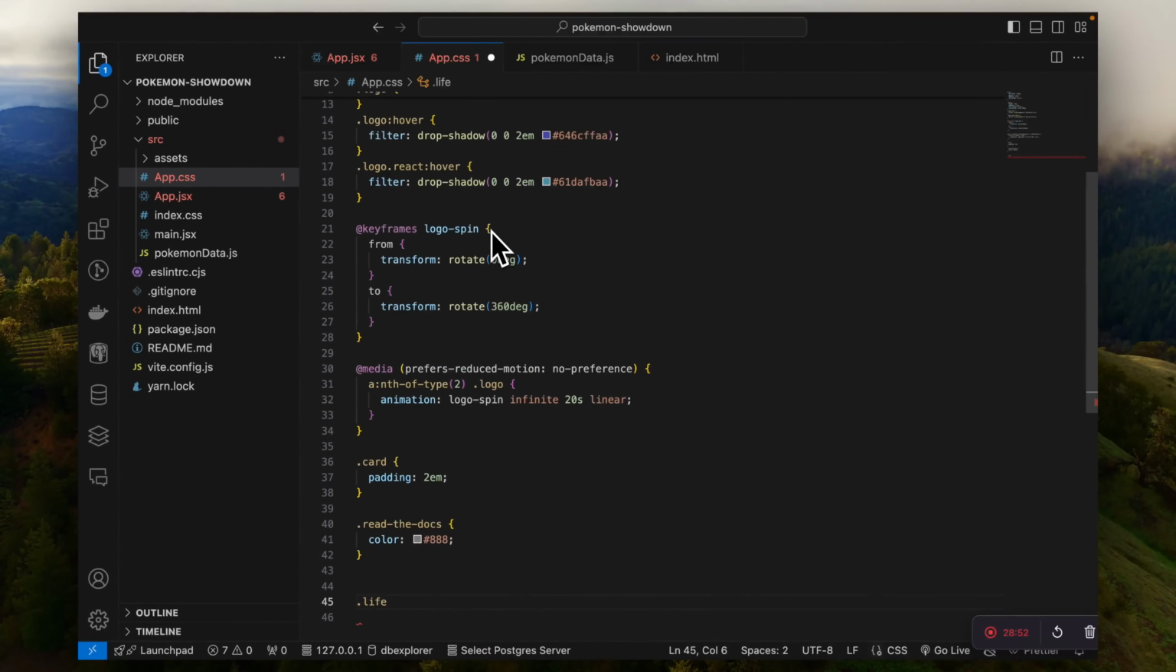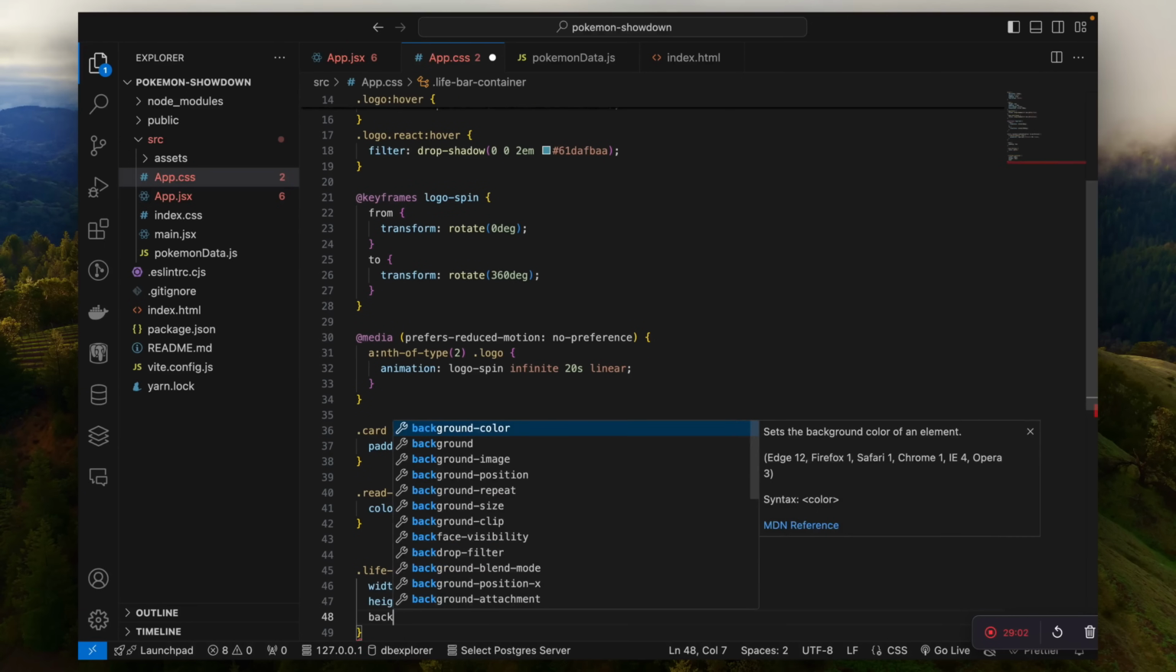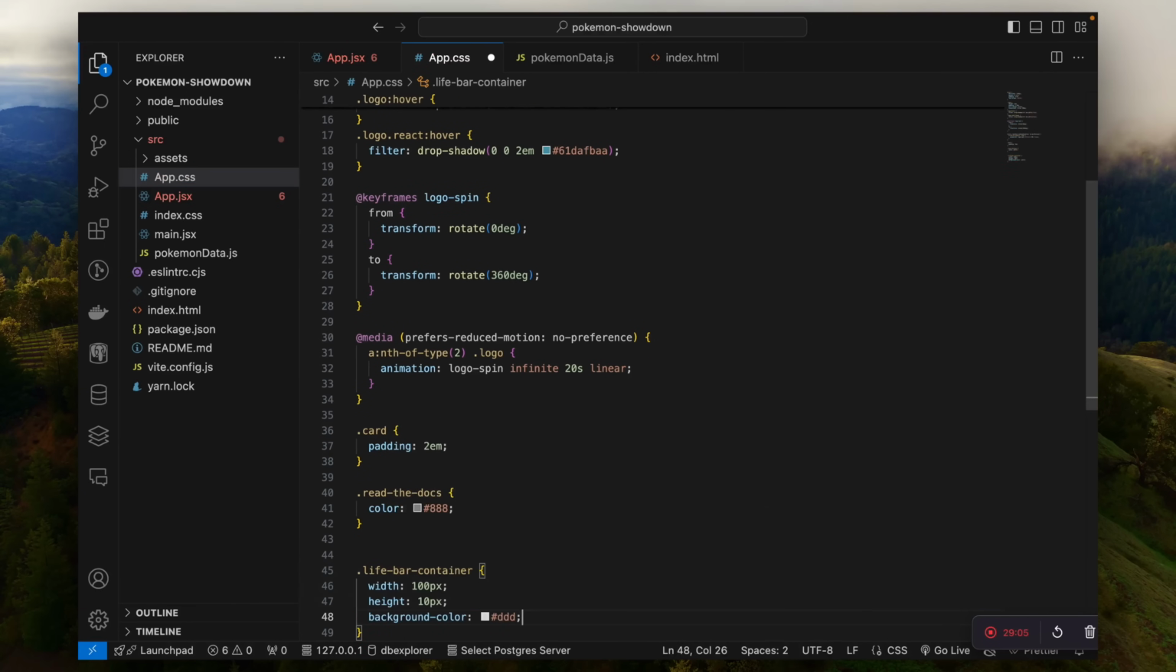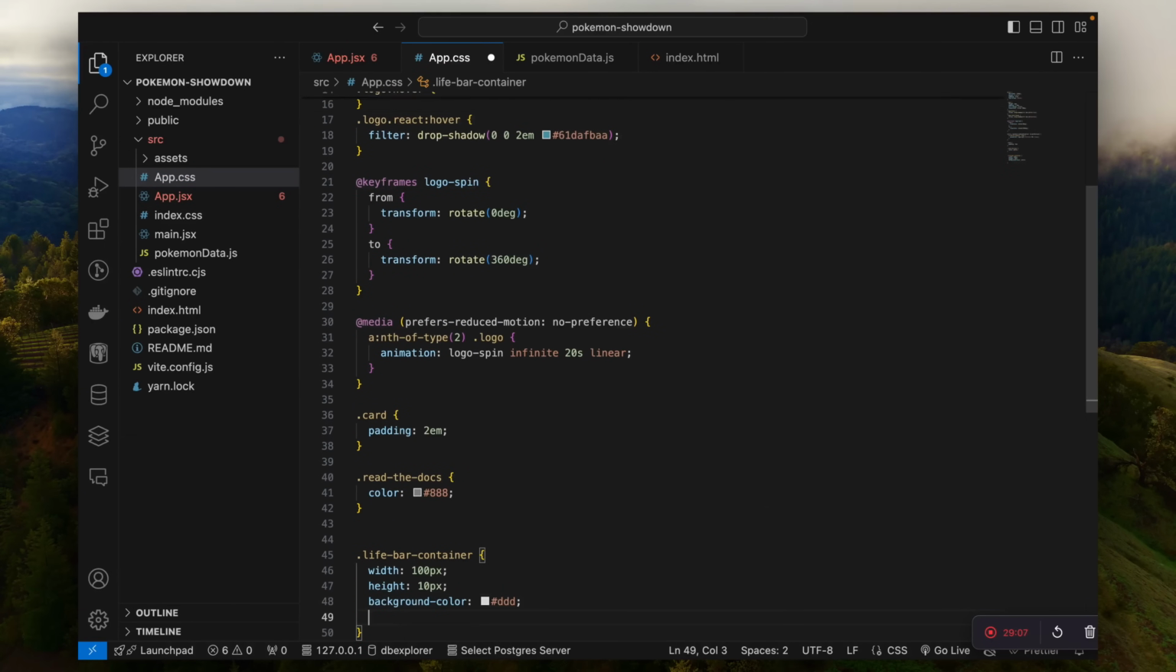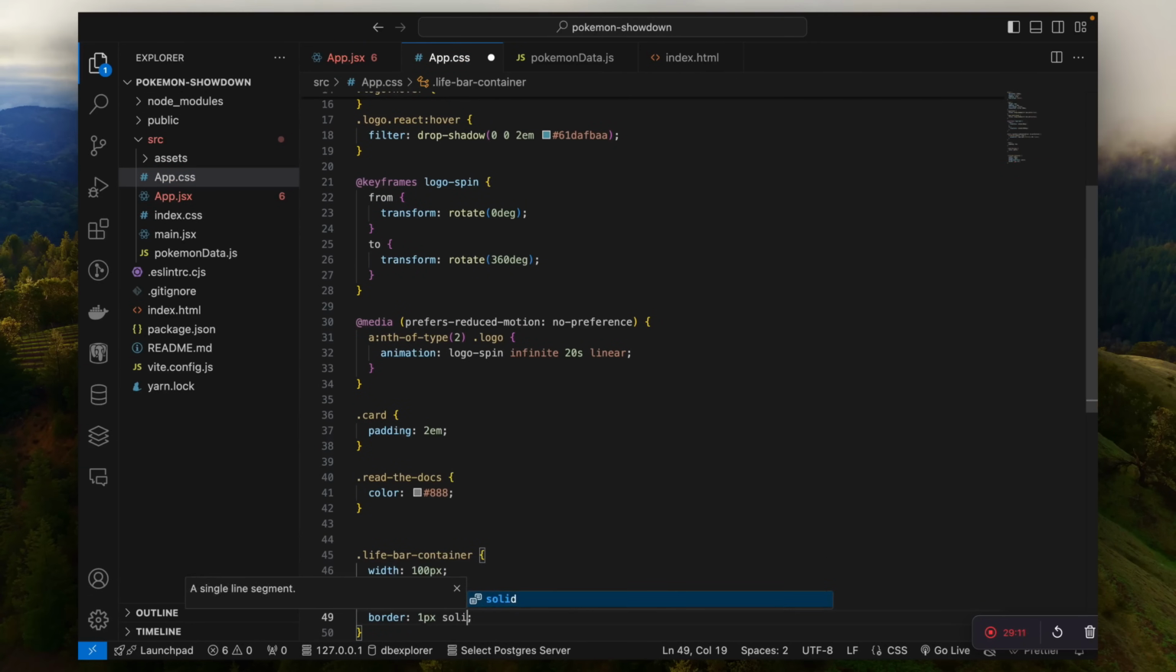Okay, so life bar container, and here we'll give it a width of 100 px, a height of 10 px, and a background color of, let's say, triple D. We'll give it a border of 1 px solid, and this one,